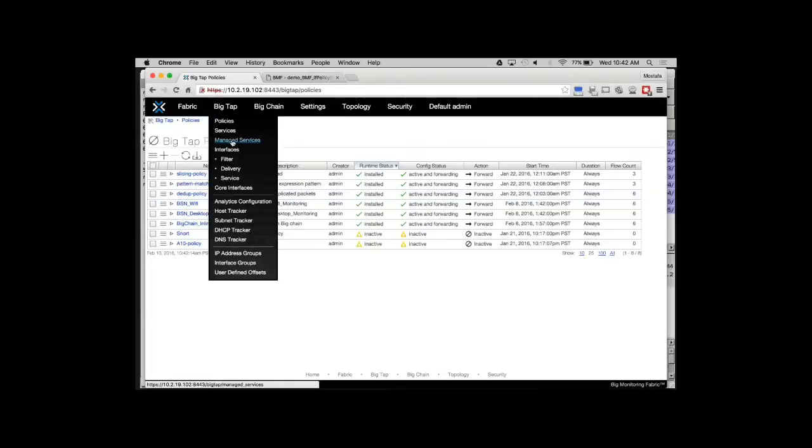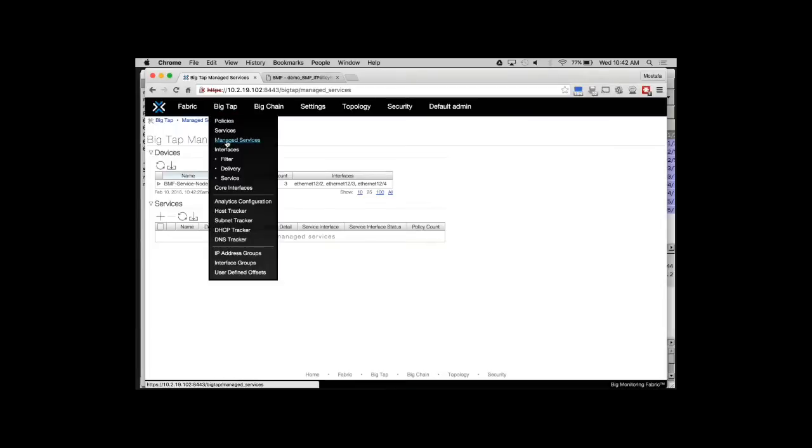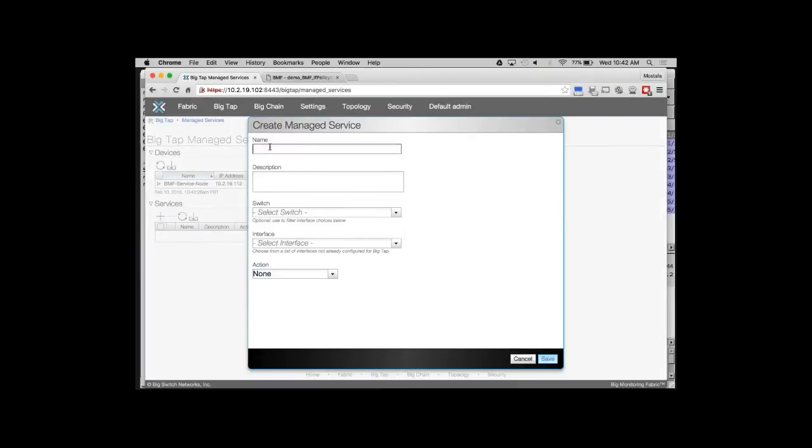To add a service node, extremely simple. I will go to the Manage tab, Manage Service tab, and I will click on the plus sign to add a service node. This is like a service node profile. We have multiple features, so we'll give it a name, and then we'll choose which features we want to apply on the service node. One of the good things about the service node, it's extremely flexible. It can have multiple features happening all at once on the same appliance. So here I will say dedupe service,